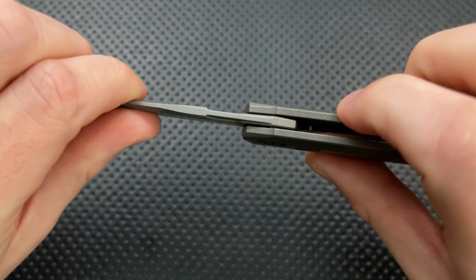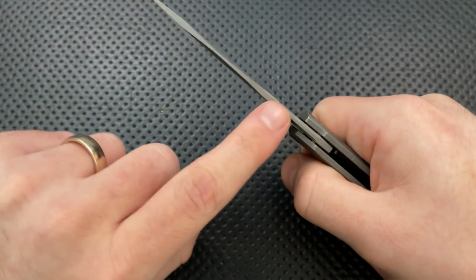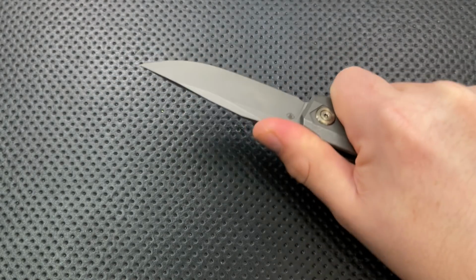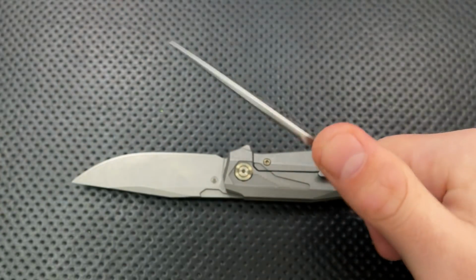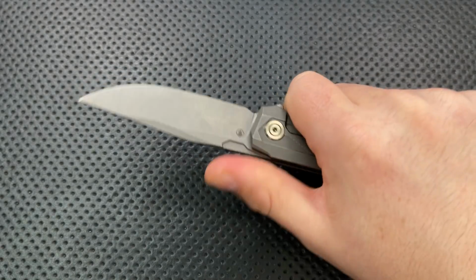But the problem is it actually makes the area directly under your thumb thinner when you really want that to be the widest part of the blade. This is a very, very little ergonomic nitpick. It's not a big deal, but it is something that's going to feel a little bit less comfortable here than, for instance, when you've got the wide part of the blade and then it narrows down to a thin one. I think that's fundamentally a difference,